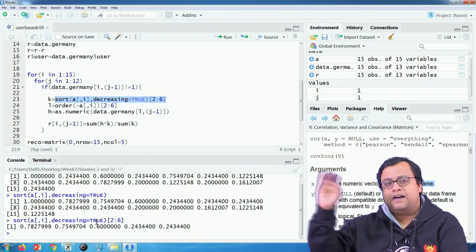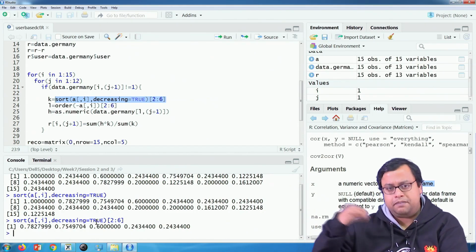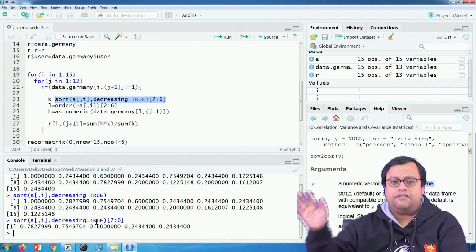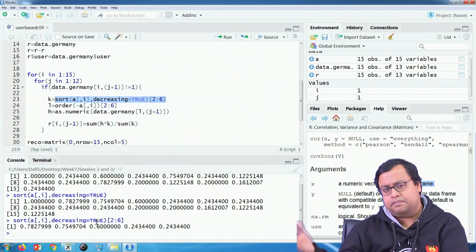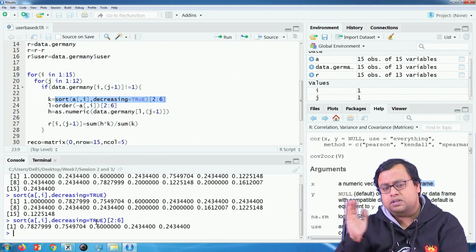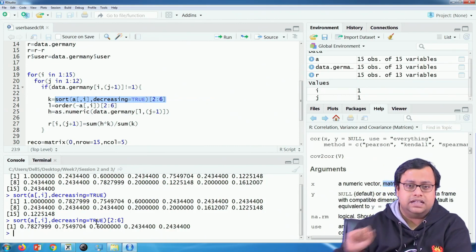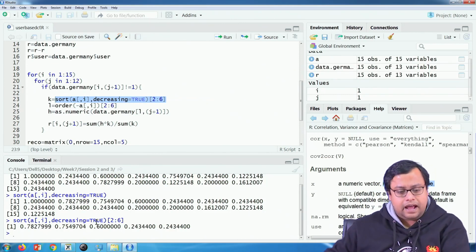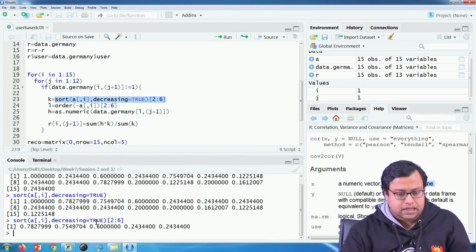Let us say there are 5 professors who are most similar to me in terms of publishing certain papers in certain journals. Wherever I publish, they also publish. So there are 5 such professors who are matching my interest level, my journal publication history, and so on. So they are the closest, and these scores are those closeness scores. Now, what next? I will actually find out their order also. So I will find out who they are.